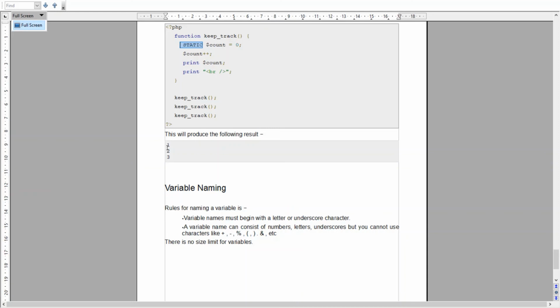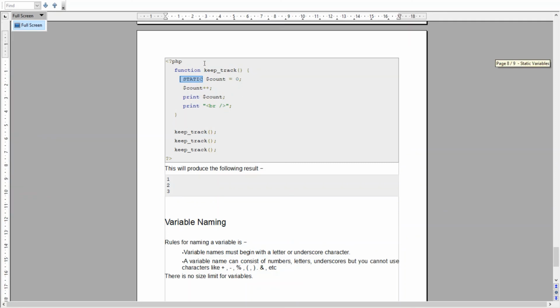So it will display 1 1 1 in that case, because every time it will not retain its value if it is not a static variable. Every time it gets initialized over here. That's the reason, if we want to keep the value from the last execution of the variable as it is, we have to declare that variable as static.